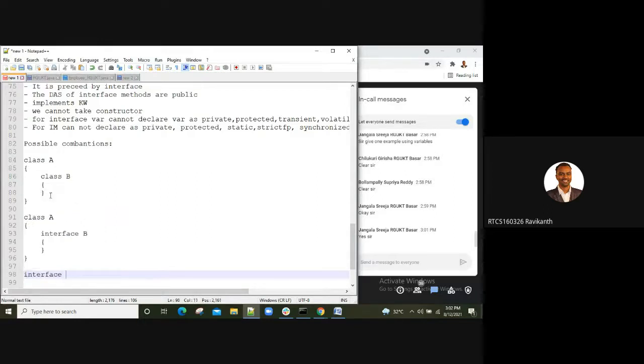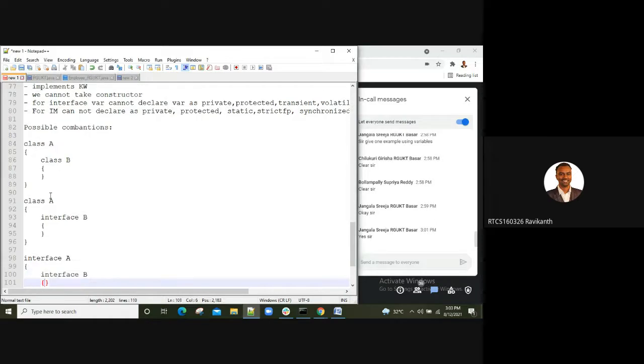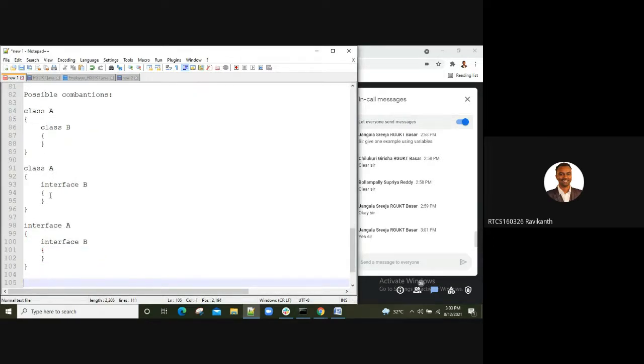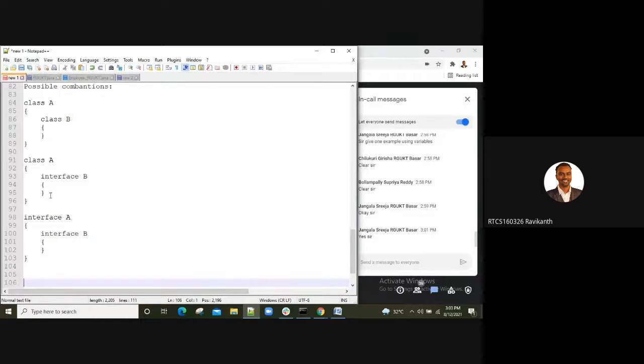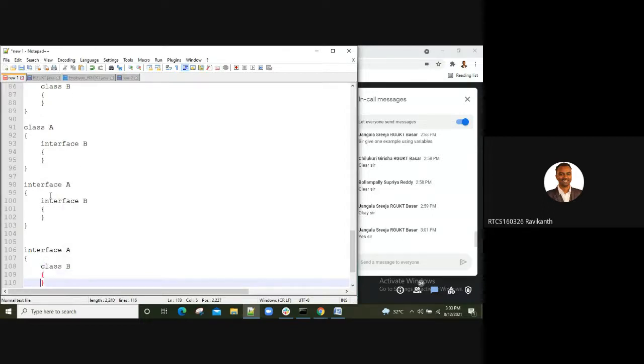Then next, I can write an interface. Within the interface, I can again write an interface, a nested interface. Fine. Then the last combination is I can write an interface, and within the interface, I can also write a class. So these are all possible combinations, guys.